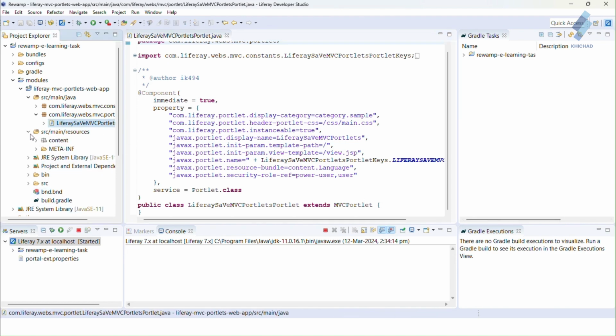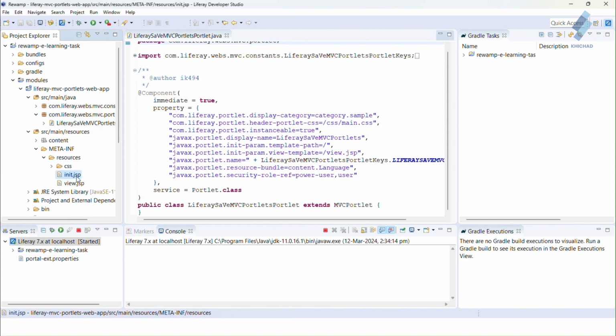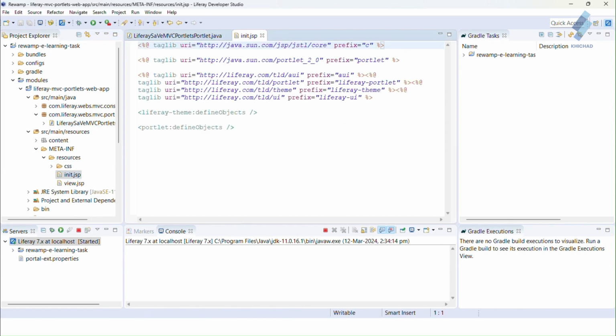So I move to the src, go to the metadata resources and open the init.jsp. Overall, init.jsp plays a crucial role in the initialization and setup phase of the portlet lifecycle, ensuring that the portlet is properly configured and prepared to handle subsequent requests and render its content effectively within the Liferay portal environment.